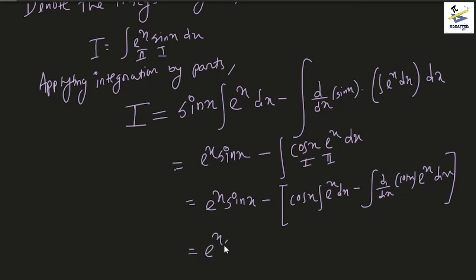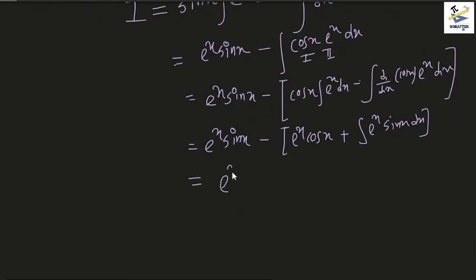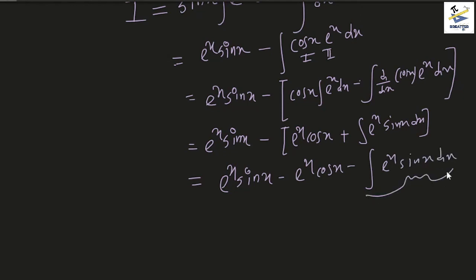So it becomes e to the power x sin x minus e to the power x cos x, and d/dx of cos x is minus sin x, and minus becomes plus. It becomes e to the power x sin x dx. And if you take it out of the bracket, what we get is e to the power x sin x minus e to the power x cos x minus integral of e to the power x sin x dx. But notice that this is the integral that we started with, right? So this is denoted by I, which is a variable. So this becomes e to the power x sin x minus e to the power x cos x minus I,